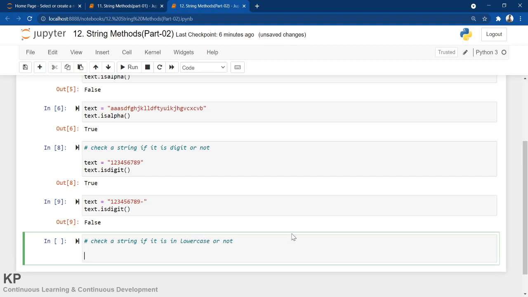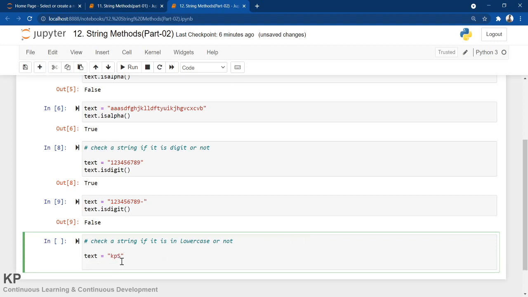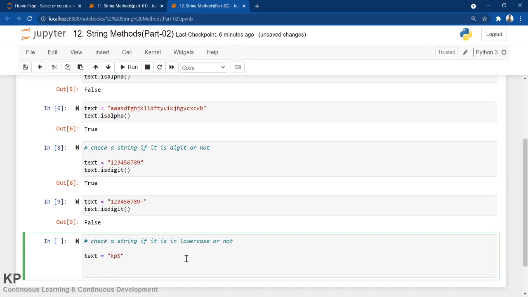I am giving text equals kp in small letters and s in capital. Does this string have everything in lowercase? No, s is in capital. So let's check, it should give false. For this we have the method called text dot islower.